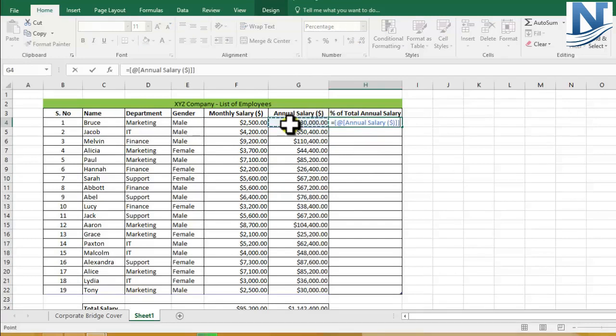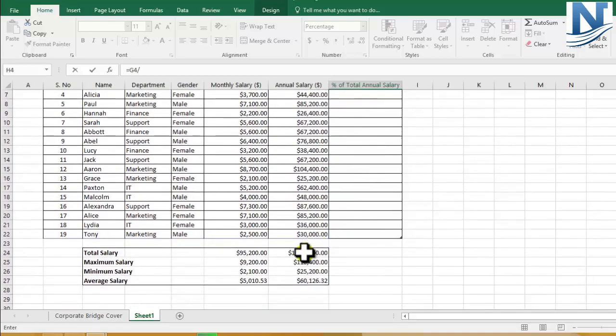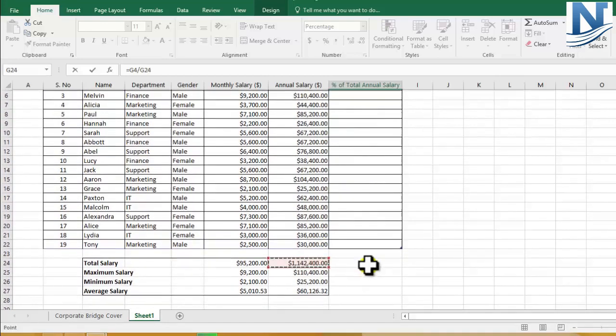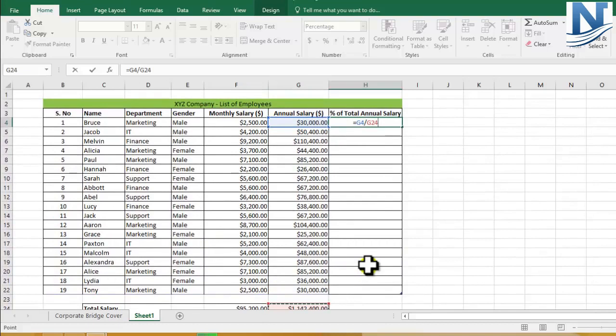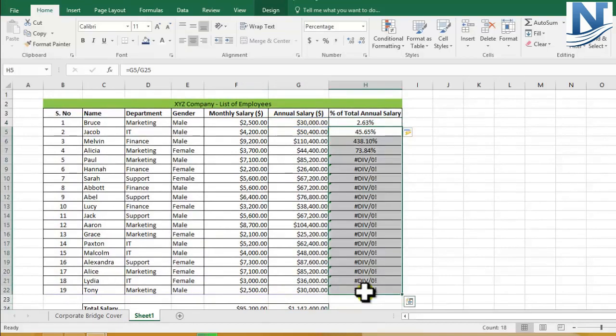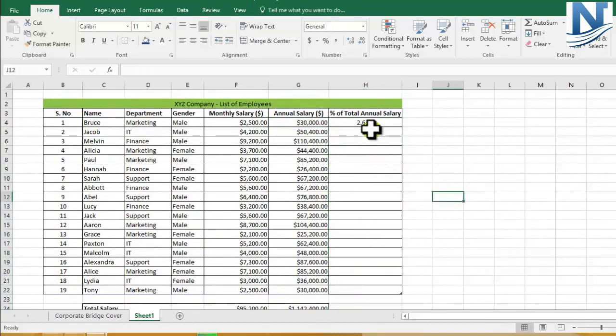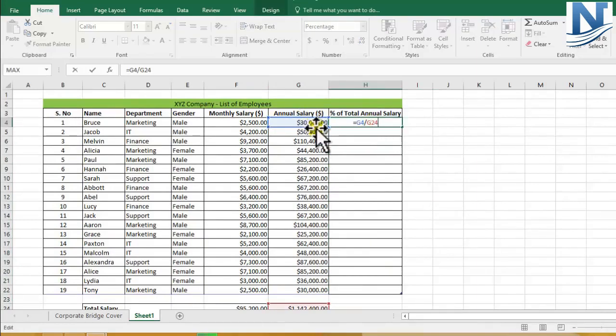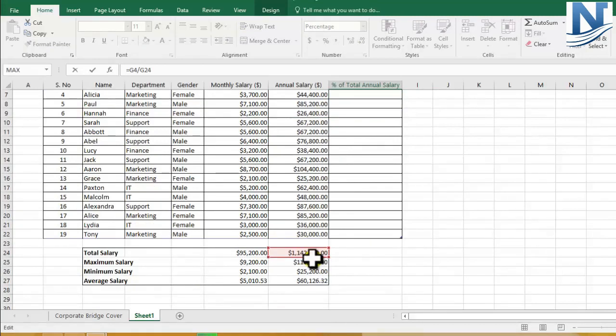I'll take the annual salary of Bruce. Formatting changes. Earlier the table name was visible, but we'll see that in the later case. So I've taken the annual salary of Bruce, and I'll divide it, making use of the division sign. I'll come to the total annual salary, that is G24, and I'll press enter. Just delete this and we'll come to this later on. So we have found out how much is 30,000 once you divide it by this